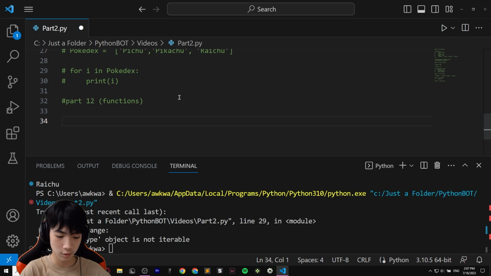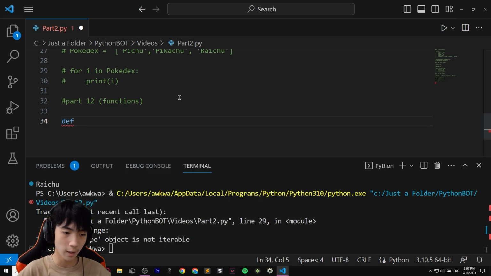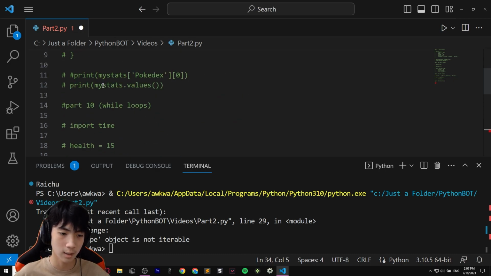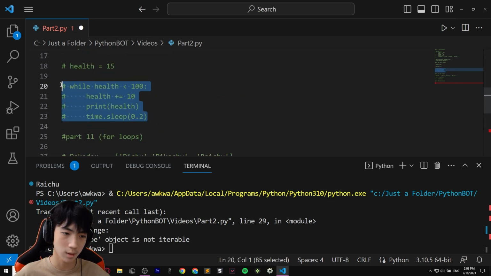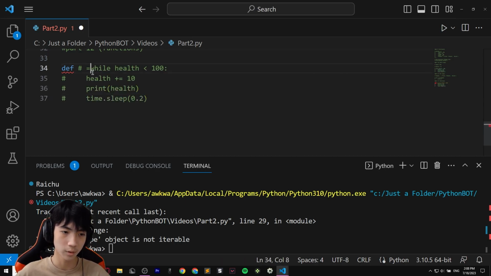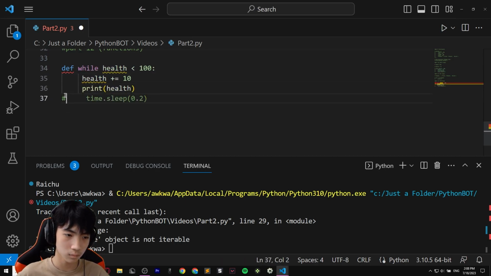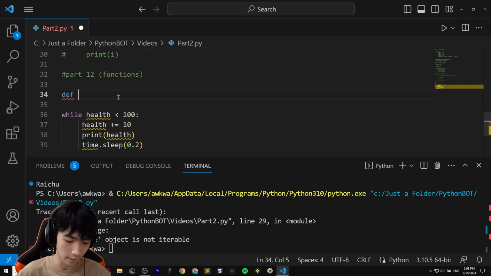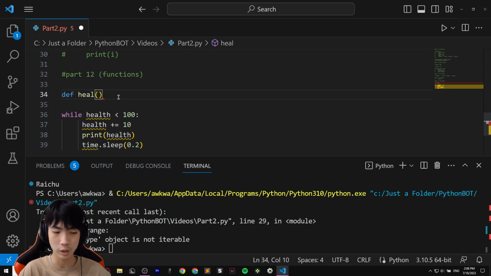In order to define a function, we have def for define, and then we're gonna have our function name. I'm gonna grab our healing right here. So we might use this, Control C, Control V. Let me delete this stuff. All right, so we're gonna have our function as def heal. And inside of heal, this is a local variable. When we call the function, we need these things inside of the function. So we're gonna have one that says